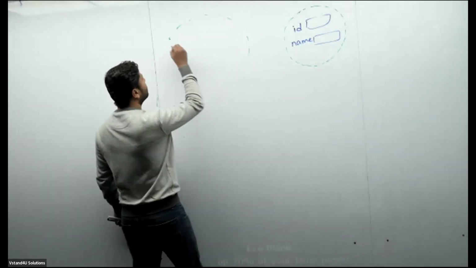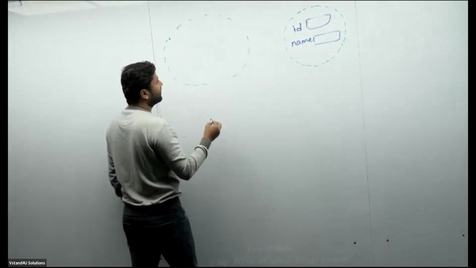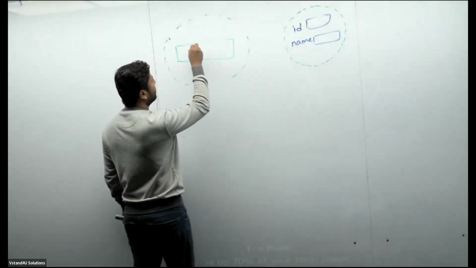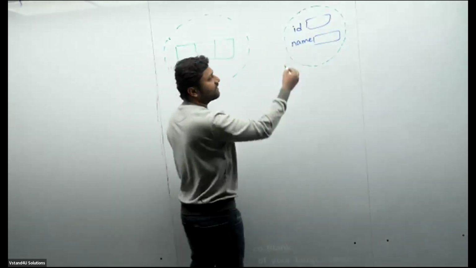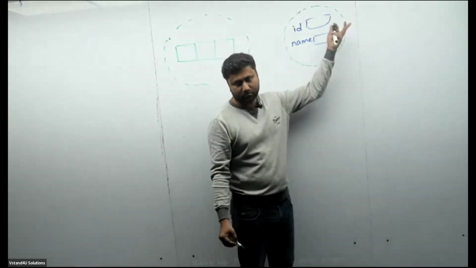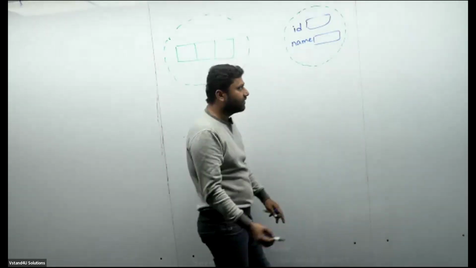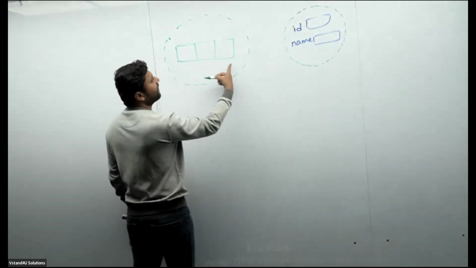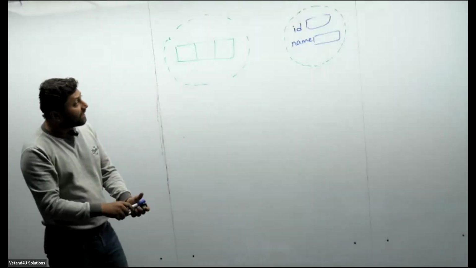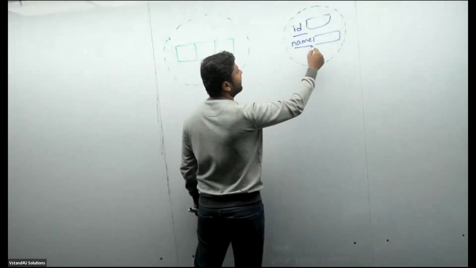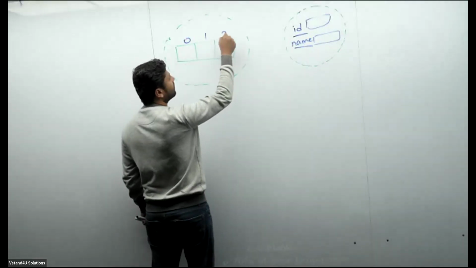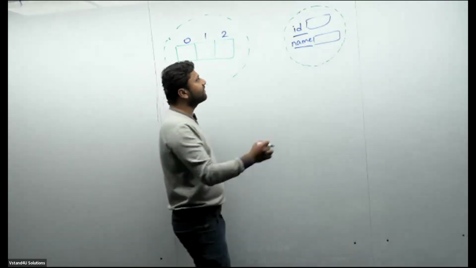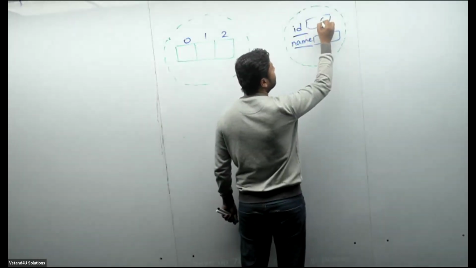Array is nothing but an object, right? Where multiple partitions are there. Agree? See, over here also multiple partitions are there. Within an object, right? This is also an object. Multiple parts are there. Their names are what? ID, name. Logic clear? Here, if I am not giving anything, then based on